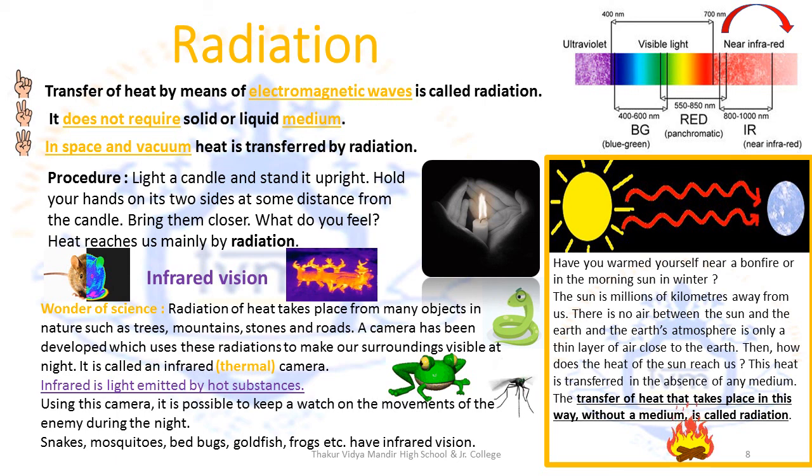Now, the most commonly observed example from a closer distance: if you put your hands near a bonfire during the winter season, you would receive the heat without touching the flames. The heat of the sun, which is quite far away from you, reaches you on the earth. You feel it especially during the summer season. It's basically through radiation. You do not touch the sun, and the sun does not come closer to you. It's just the heat that is radiated from the sun that you receive on the earth.